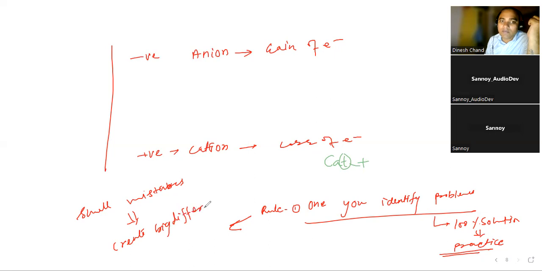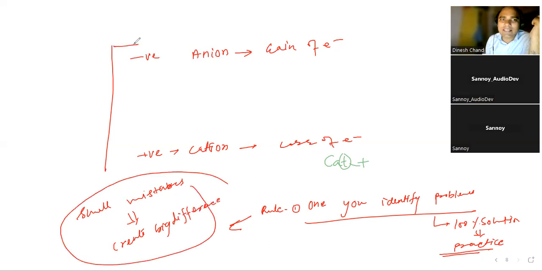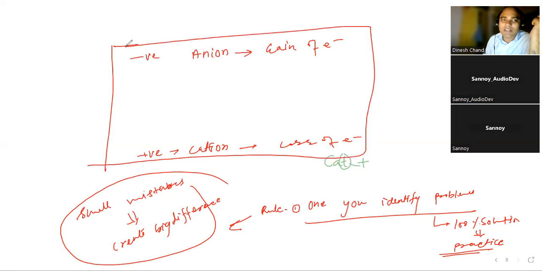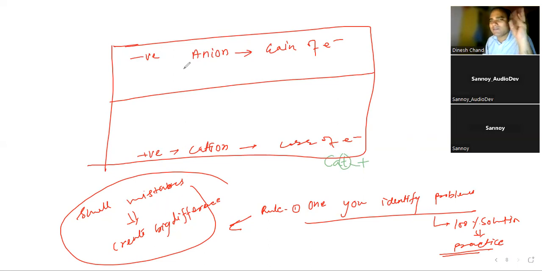So what you need to do, when you realize this is your problem, is practice 3, 4, 5, 6 times. Whoever is meeting with you, just discuss that one. 100% you will get the answers. Your friend circle is also there, you can talk with them. Cation and anion are very little things, but they create a big difference. One more point,